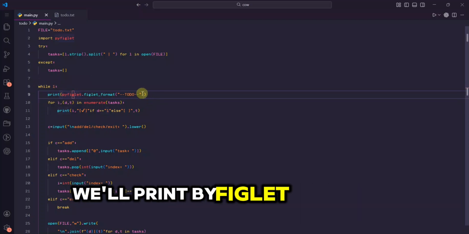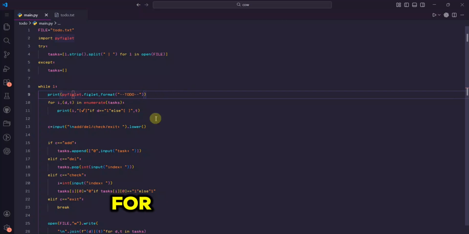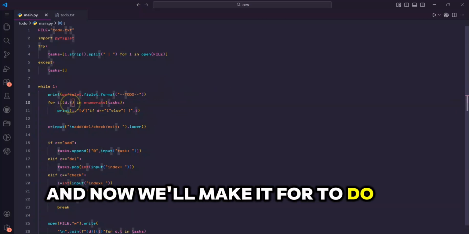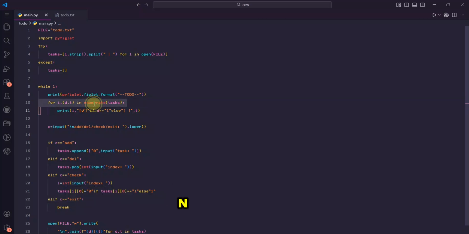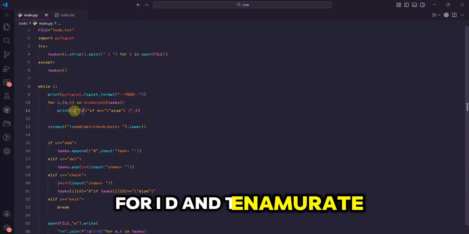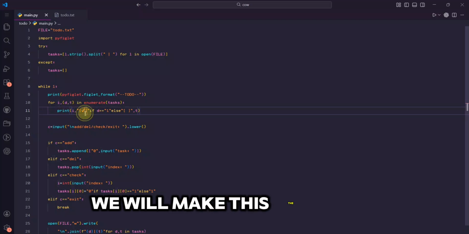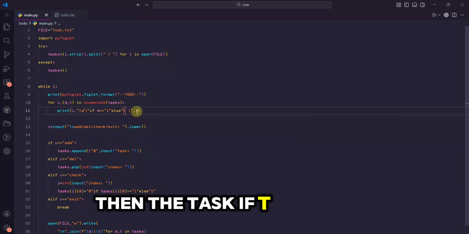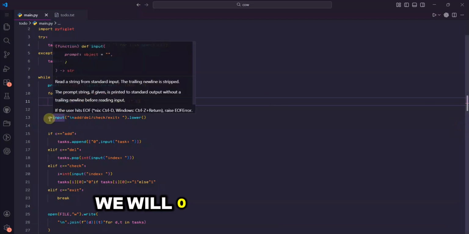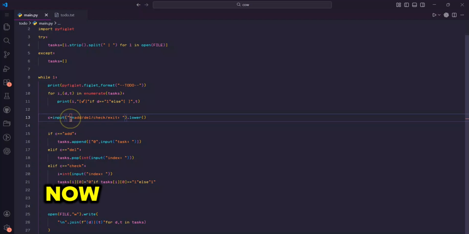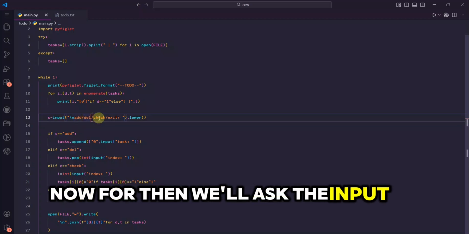Now while 1, we will print with Figlet format for a heading like thing, and now we'll make it for todo. Now for i, (d, t) in enumerate(tasks), we will print the index i, then the task, if d is 1 we mark it, if 0 not, and then the task. Now we'll ask the input of add, delete,